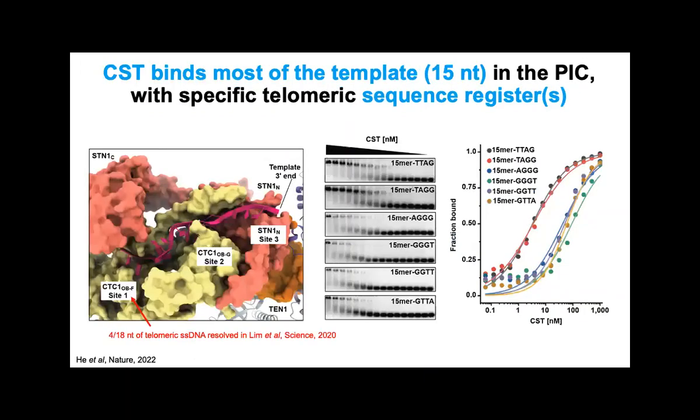What we also want to understand at this point is where CST binds telomeric DNA. Remember I showed in 2020 there are only 4 nucleotides out of 18. It's not very informative because CST has a lot of oligosaccharide binding domains, so it should bind more than 4 nucleotides. But one question that we always like to understand is where CST is binding the rest of the